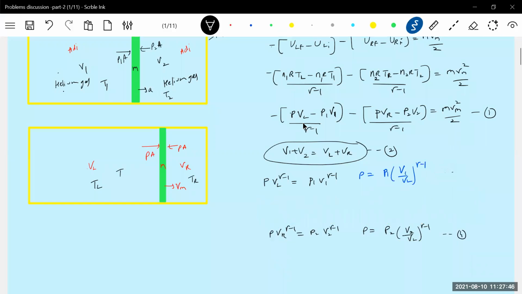Let me simplify this. So this will be VL equal to P1. Okay, fine. The temperature I took it, no? So this is an adiabatic process, only gamma will be there. Now VL, what you can write, P1 1 by gamma V1 by